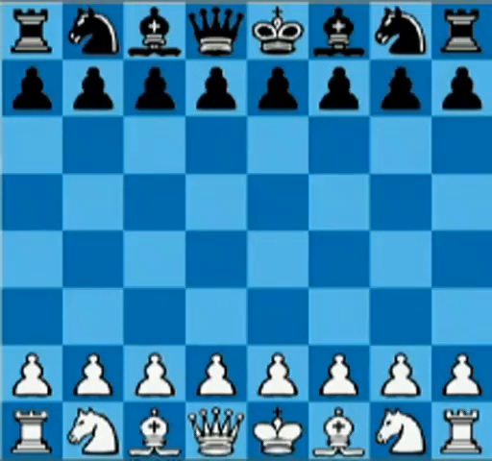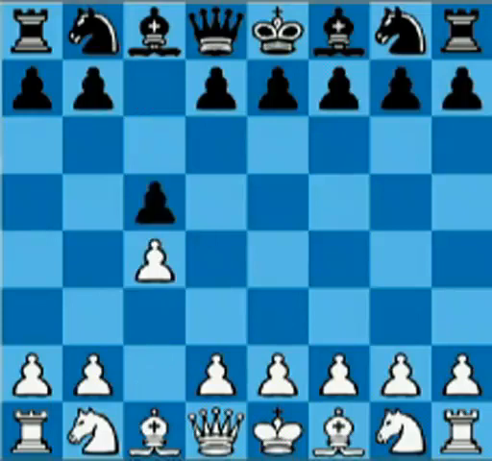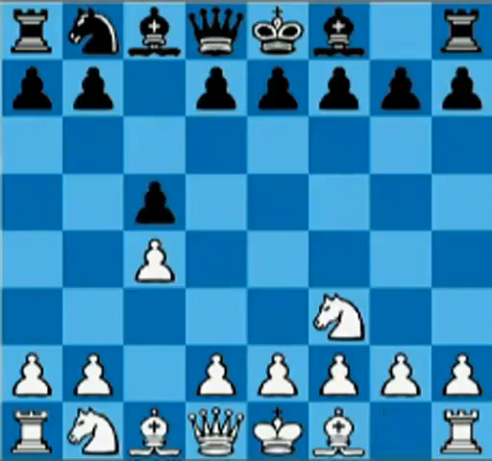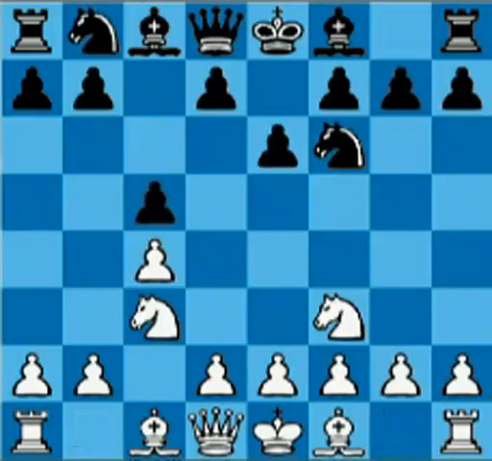1980. That was c4, c5, knight f3, knight f6. I played against an international master. Knight c3, e6, e3, d5,